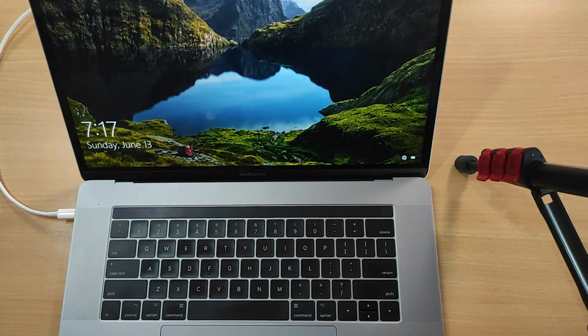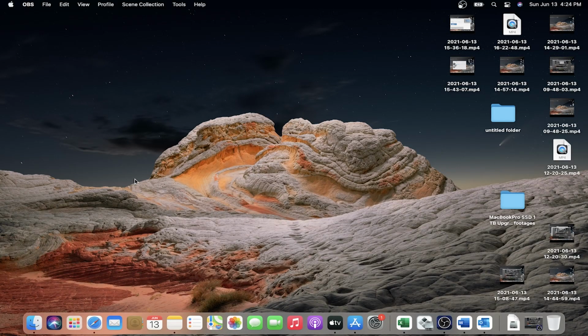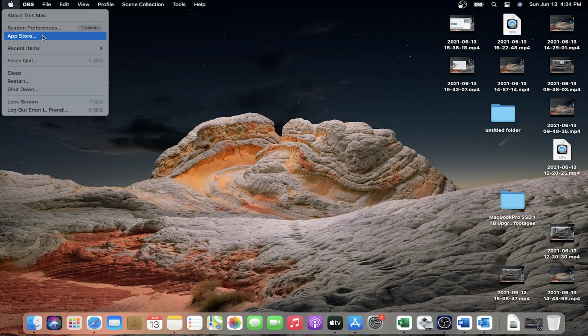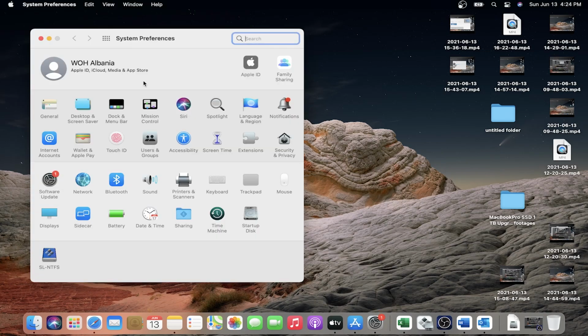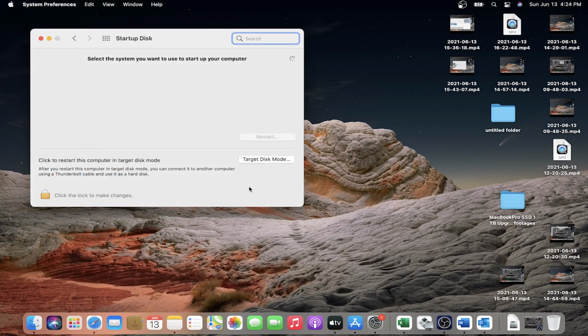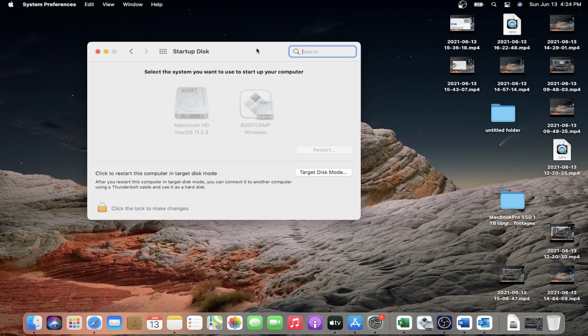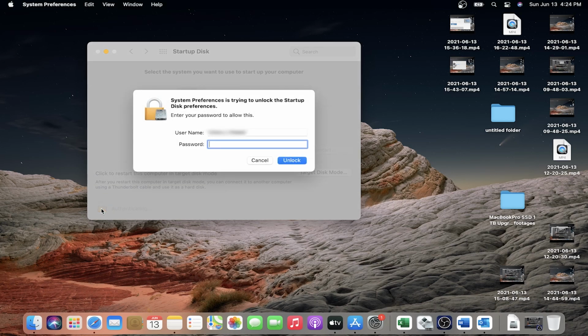I will explain how to set which operating system will stay by default. Then every restart you do will open up automatically on the system you choose. I will show you right now. To change your startup disk, you go here to Apple, go to System Preferences, and then search for Startup Disk. Here it is, Startup Disk. Click on the Startup Disk, and then select the system you want to use to start your computer. And you just unlock this, put your password,